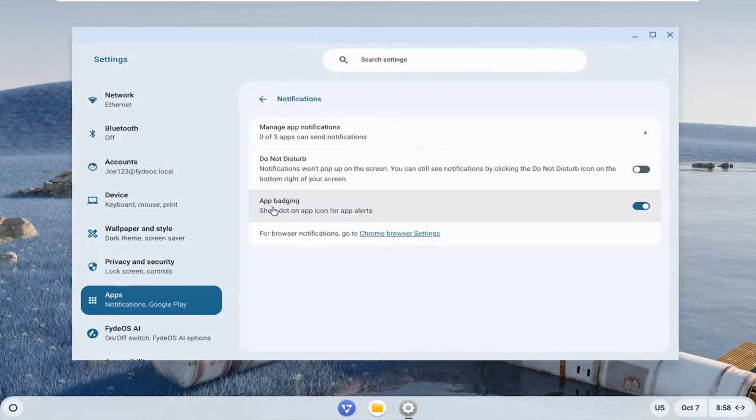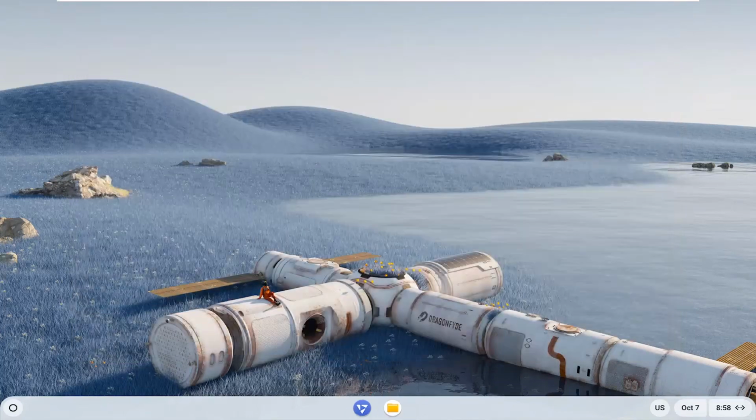Should be something that says app badging. Show dot on app icon for app alerts. Go ahead and enable that by clicking inside that oval one time to toggle to the right, and that's all you have to do. So pretty straightforward process, guys,